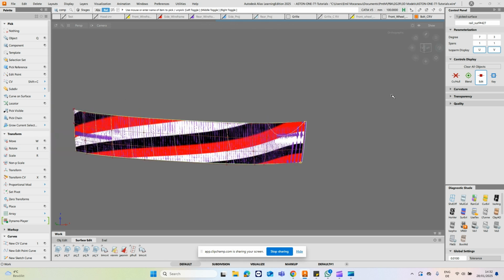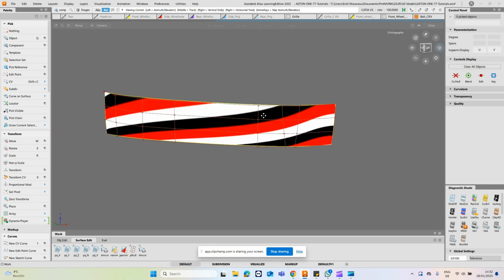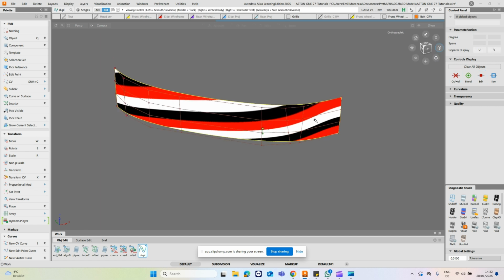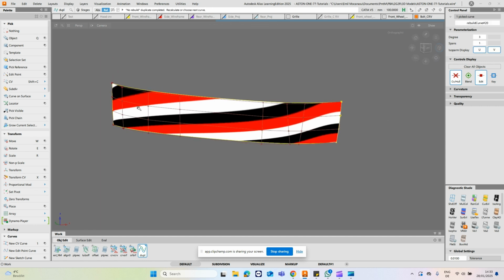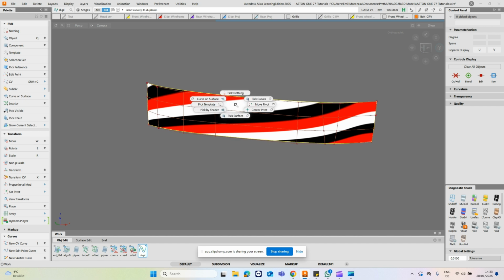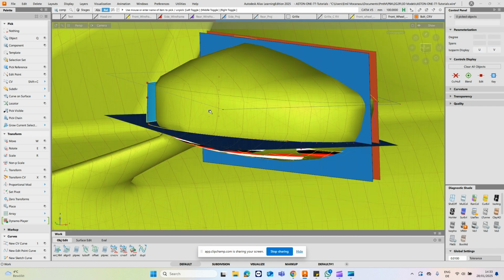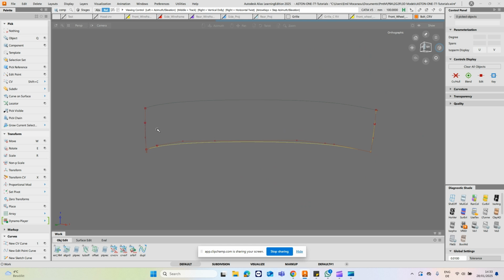We will not need that anymore. What I want to do now is go ahead and duplicate this curve, this one here, and this surface can also be deleted. Now we will take this curve, this one, extend this one back here,